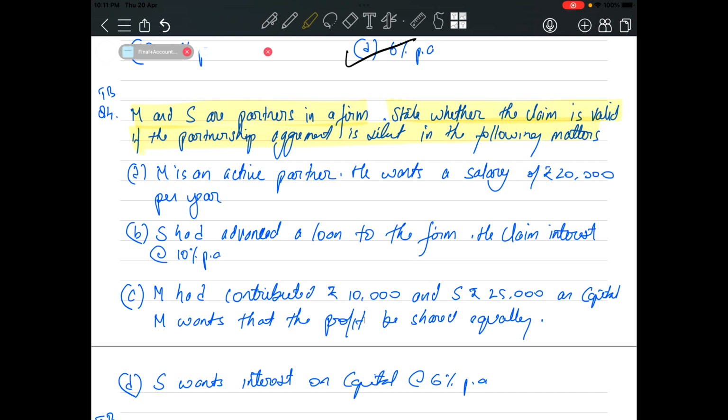What is the question? If the partnership deed is silent. Now M is an active partner. He wants a salary of rupees 20,000 per year. Is this point valid? Not valid. The answer will be not valid, because in the absence of a partnership agreement, partners are not entitled to